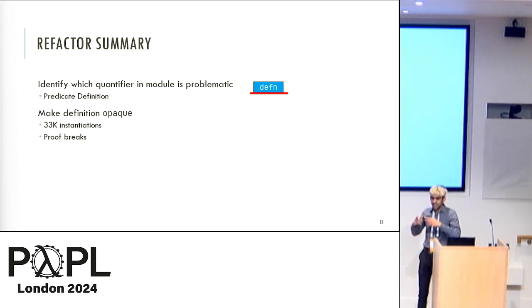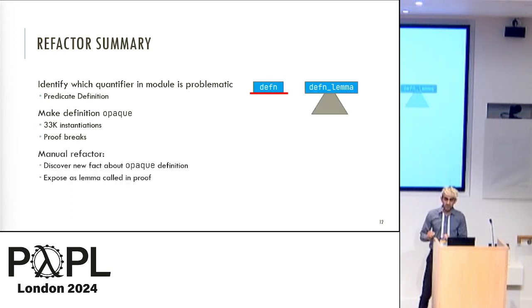But somewhere within that triangle of proof that we saw underneath, we had some fact that we cared about that we needed to figure out what it was and expose. And this is the new interface we want to present for the buffer-seek module, right? So we were able to isolate, okay, this is the reason why that proof was going through before. And we were able to expose it as its own independent lemma. So this is the same strategy that we've seen presented multiple times today already. And after we did this refactor around this opaque definition, we were able to,